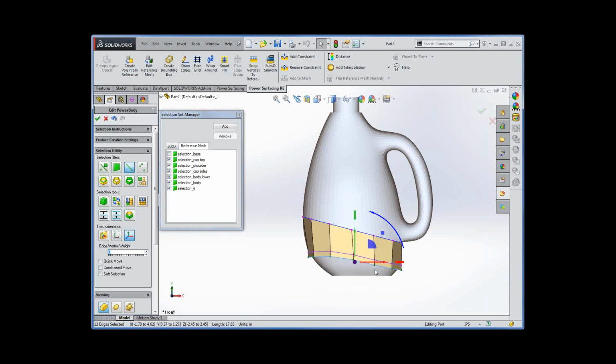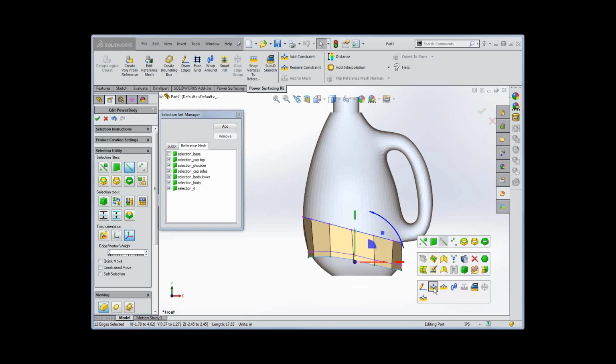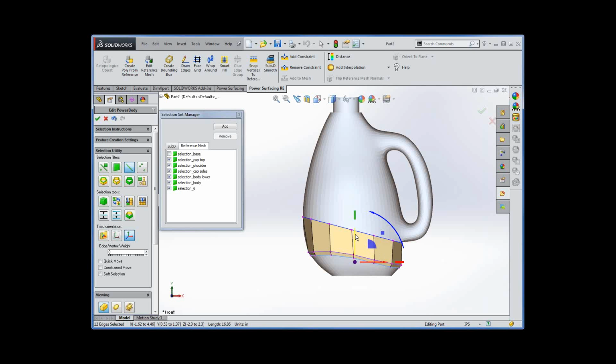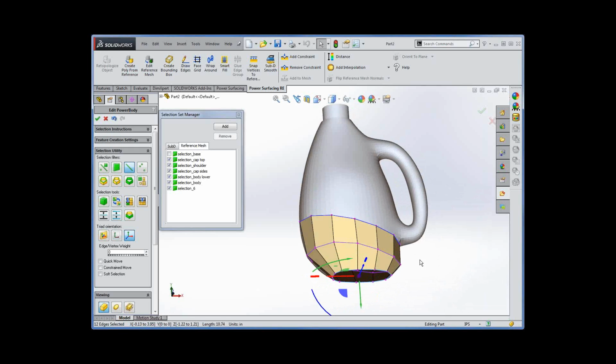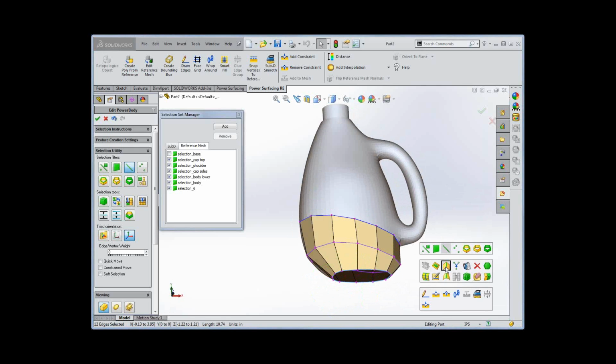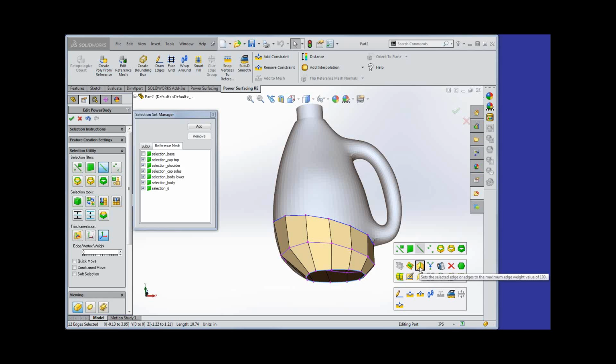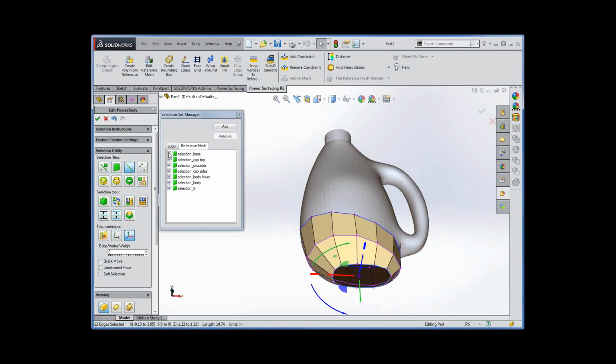Now notice that these guys did not automatically constrain. That's because there's a lot of times when you're going to want to add more to the mesh without letting it constrain. So I need to right-click, and I'll set these to constrain. Now they snap right in. And now I can finish pulling this extrude down. And just like before, it gets down to a hole, and it stops. So once again, I'll go ahead and set my creased edge,